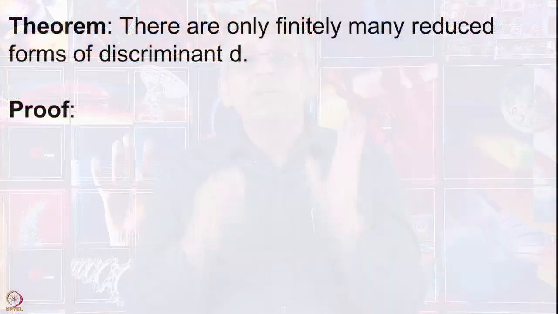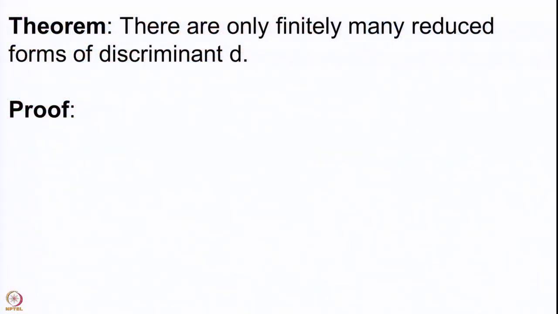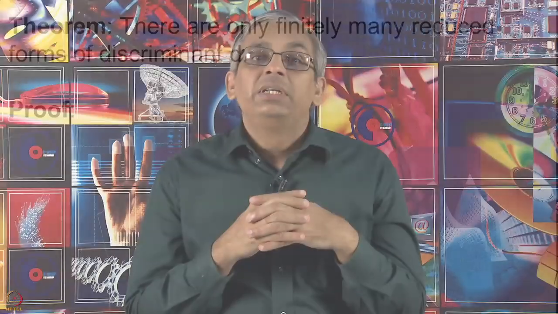Perhaps if any two equivalent reduced forms are the same, then it would tell you that whether we apply Gauss's method or Zagier's method, both of us will reach the same answer. So, we will answer this question one by one. We first want to see how many reduced forms there can be of a fixed discriminant.